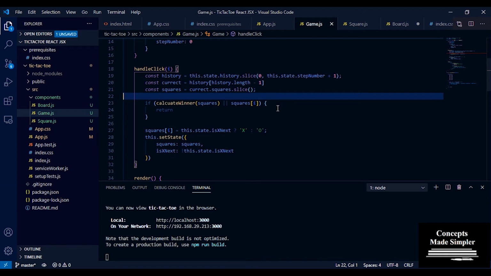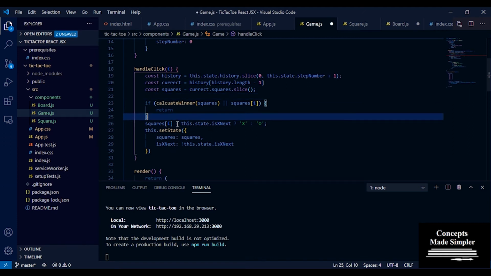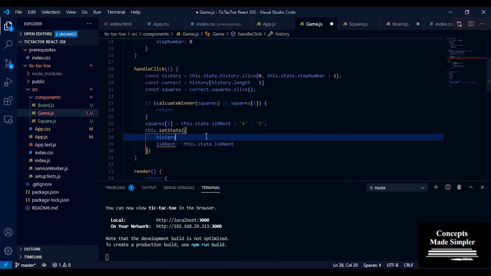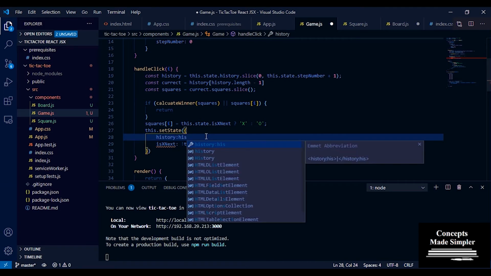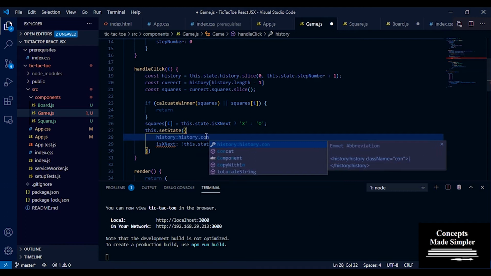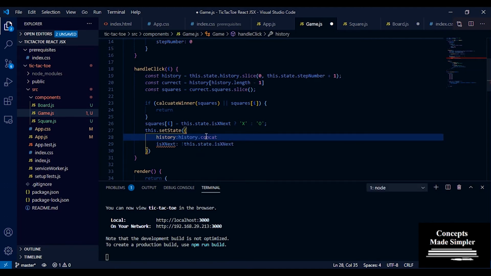Another thing: once we make the changes, this part is not there anymore. History becomes the history that we pulled out, dot concat. We could do push, but push does not return a new variable. It mutates the existing array, and we don't want that. We want a new array.